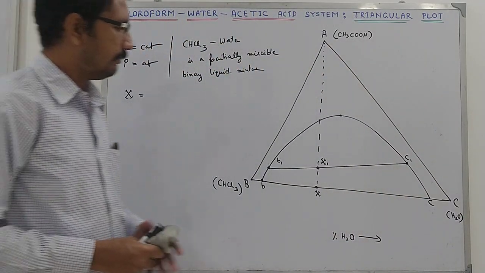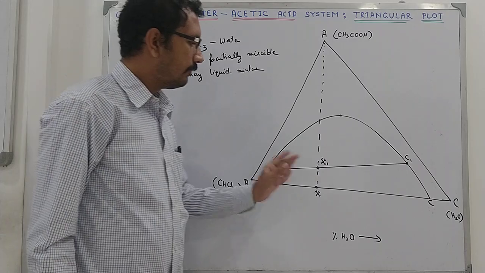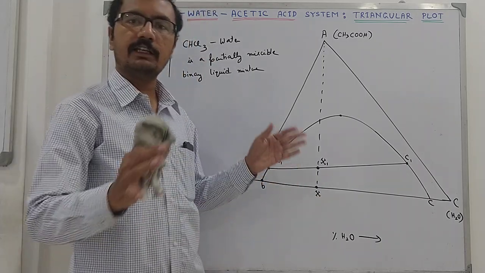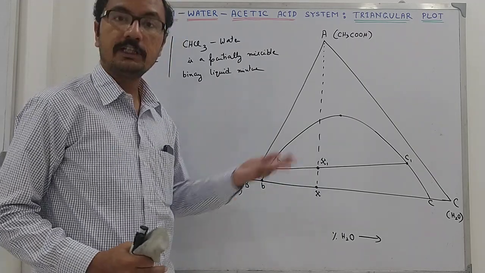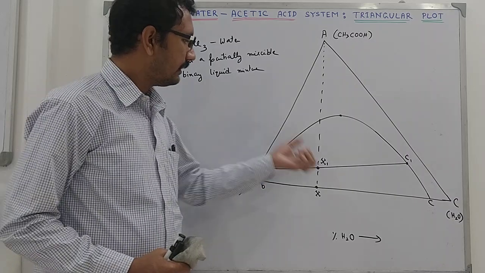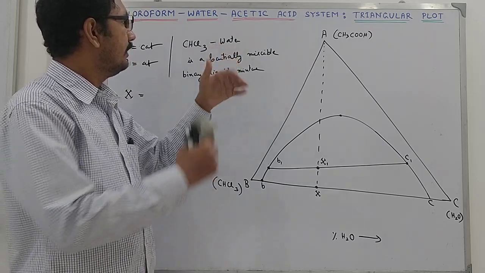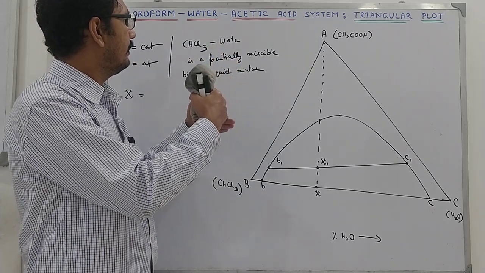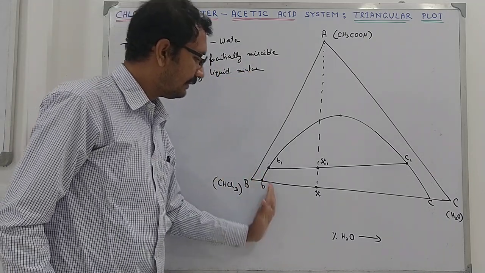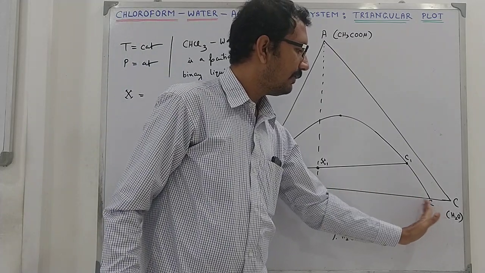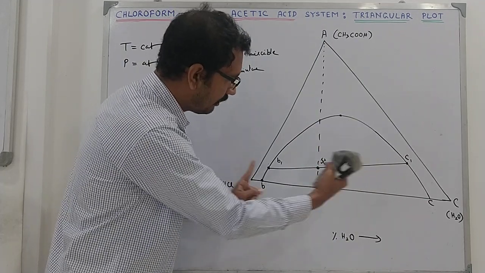So when we add A to this heterogeneous solution, what happens? It is not the case that the heterogeneous solution disappears and converts to a homogeneous solution, that is a single layer. But the situation is improving. This third party, acetic acid, is soluble in both the layers, and it is acting as the cementing force. It increases the mutual solubility. So the percentage of water in the chloroform layer is increasing and the percentage of chloroform in the water layer is increasing. So mutual solubility is increasing, and you can easily notice that the two terminus are coming closer.